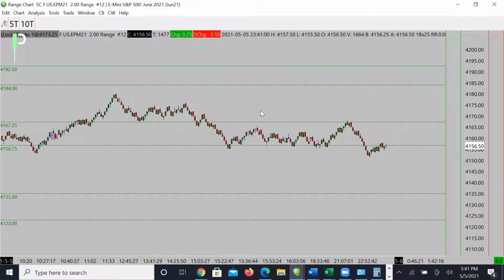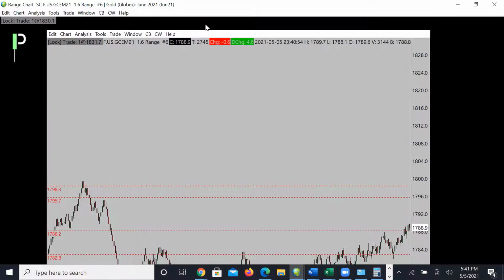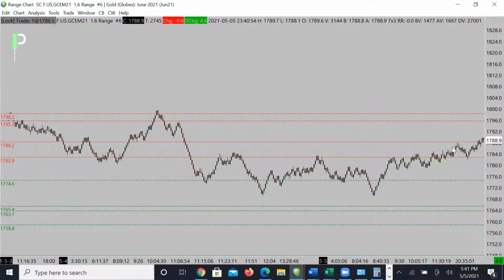Let's take a look here at gold. Take a look at what gold is giving us. Had some nice opportunities on gold in the US session for those who are trading with us. There was a lot of opportunity there on S&P and also a lot of opportunity on gold. A lot of the levels we had to play off of were the same for at least the first hour